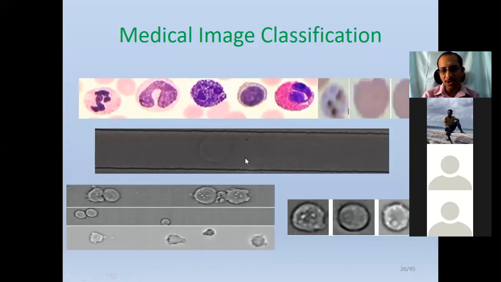Here, this application is referred to as imaging flow cytometry, where I hope you are able to see the blood cells flowing in the microfluidic channel. This is a blood cell classification application. If you add this stain, they look like this, where you can very easily distinguish the white blood cells, red blood cells with parasite and so on.